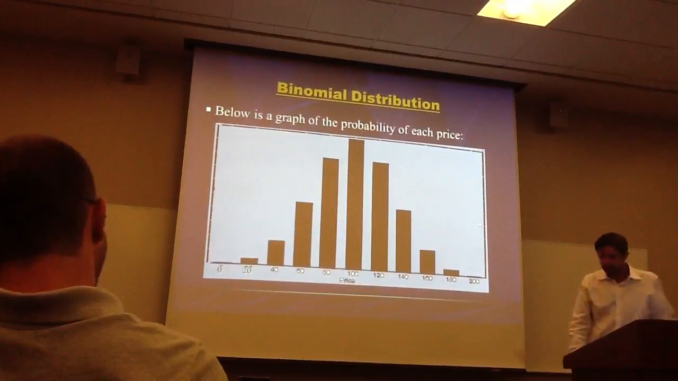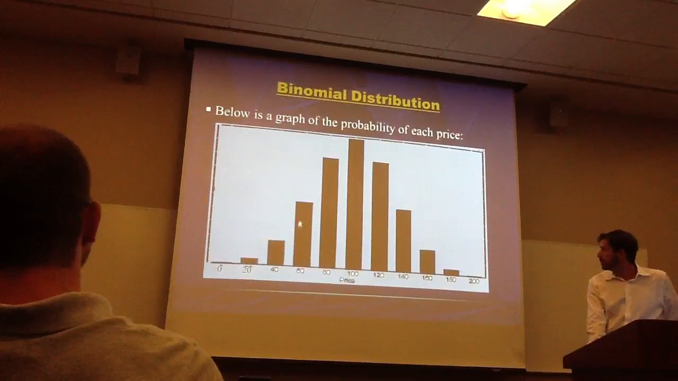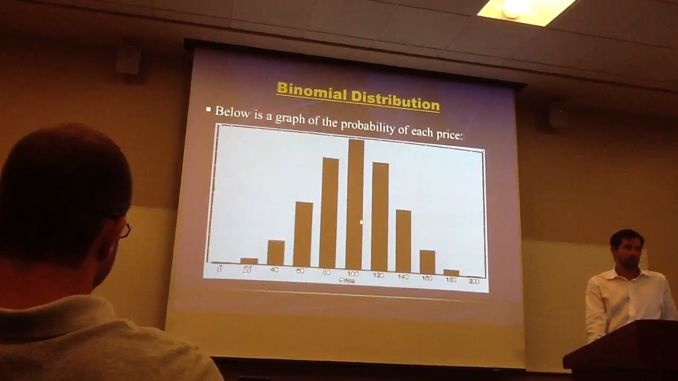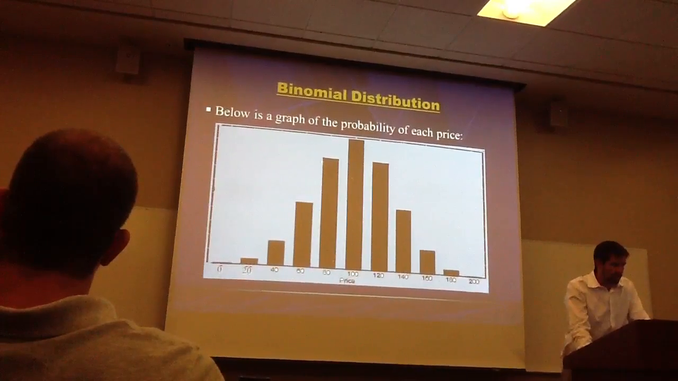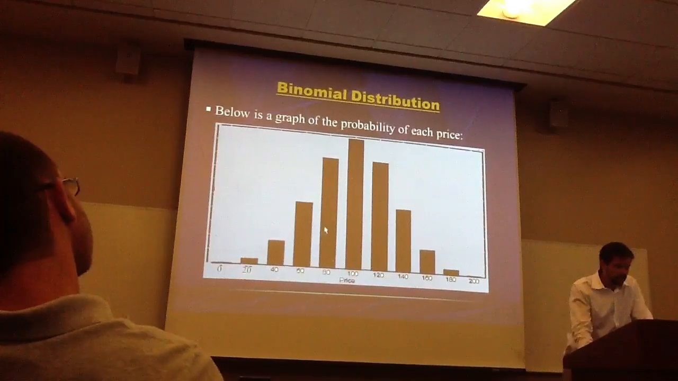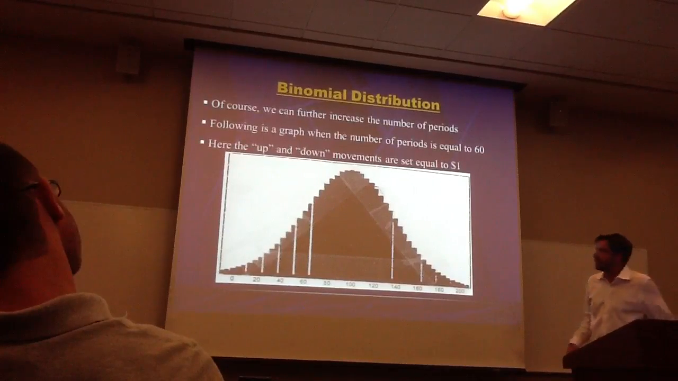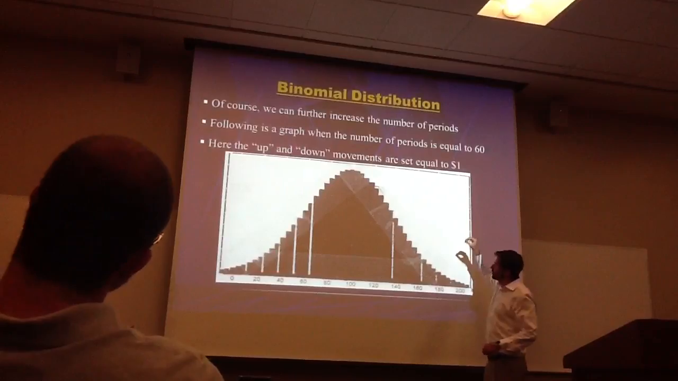Again, when we're doing a binomial and we have equal weights, what we approach is this kind of, the most average price is the current price. This goes back to that martingale theory. Our best expectation of the future price is our current price, and then each price, the farther out it gets, is a little bit less likely. As we add even more periods, as we change it from 10 to 60, and we decrease the movements to only $1,